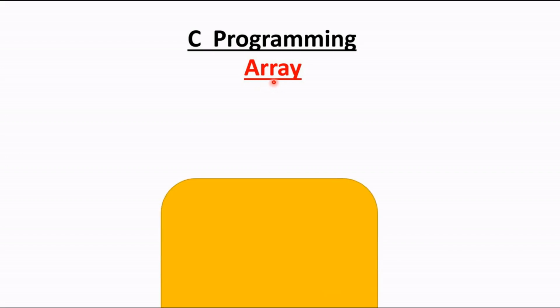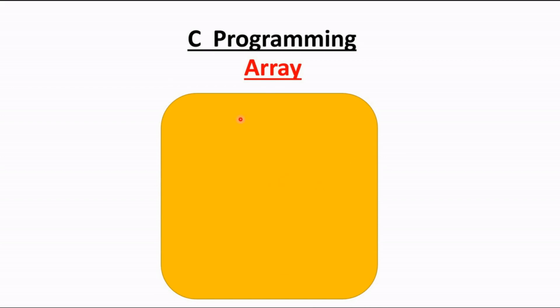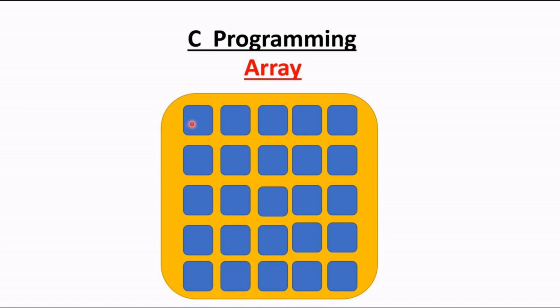So suppose this is our computer memory. Think this is our total computer memory. Inside that memory there are these kinds of blocks, these are called bits or bytes. That means our computer memory is divided into this kind of blocks. So in a general normal program, you take one variable and assign the value 1 to it. At that time suppose in one box of our memory 1 is stored. Suppose you create another variable and store 2. In another random memory location, this value 2 will be stored.